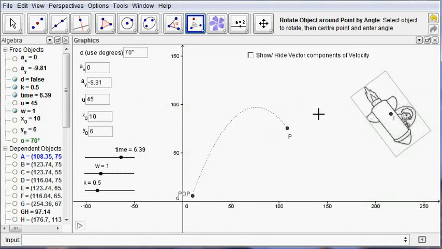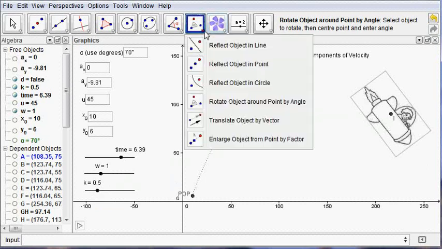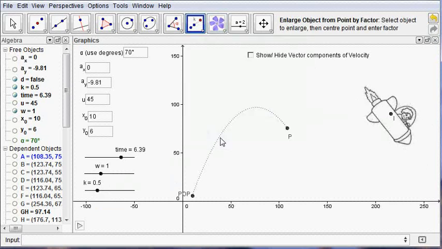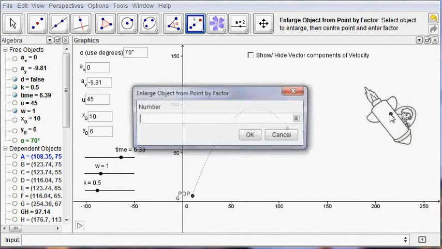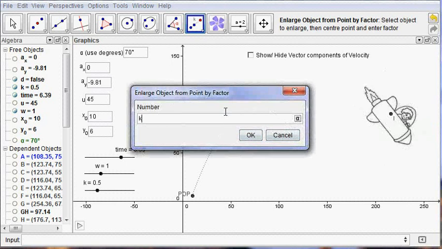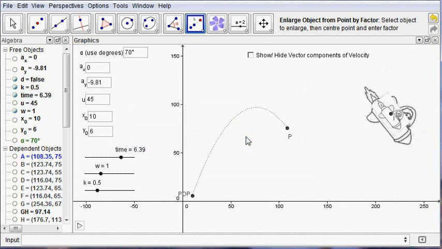Now I want to dilate this one by the factor K. This is just a slider that I made, and it goes from 0 to 2. Alright, so I'll go in here and choose enlarge. Enlarge is the Australian version of GeoGebra, equivalent to dilating. So click on the object, click on the point and the number K, press OK, hide the background image,